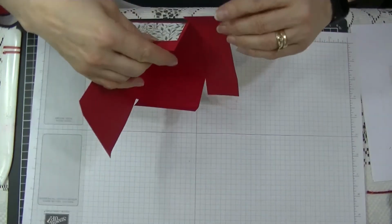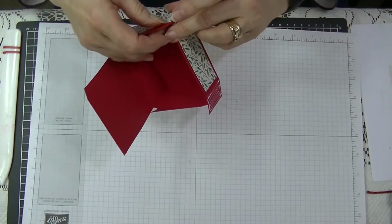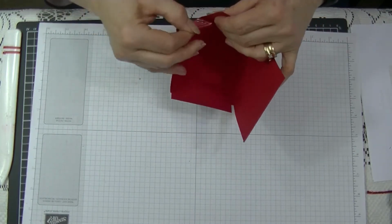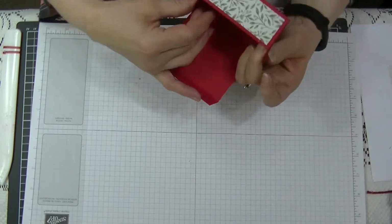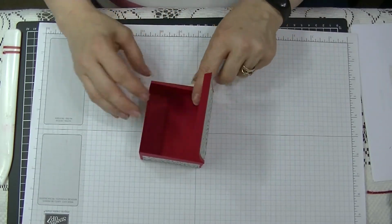There we go. And then they can sit in there really lovely. Squeeze that one in and around. And then,